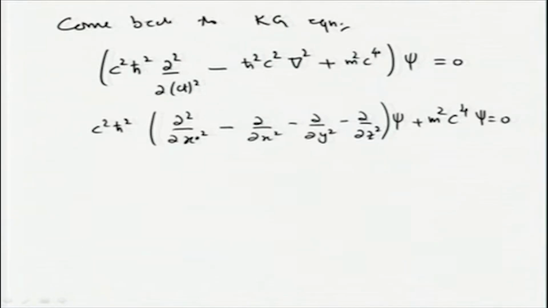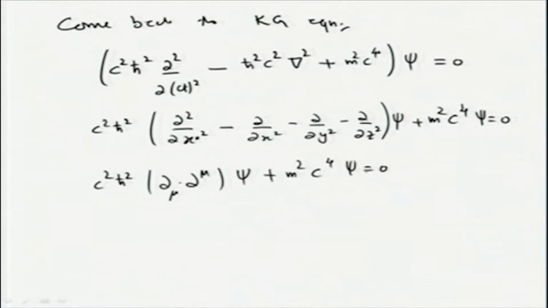This can be written as c square h cross square dou_mu dou^mu, the usual dot product between two vectors. These are all vector operators, but the dot product will give you a similar expression as in the case of vectors, psi plus m square c power 4